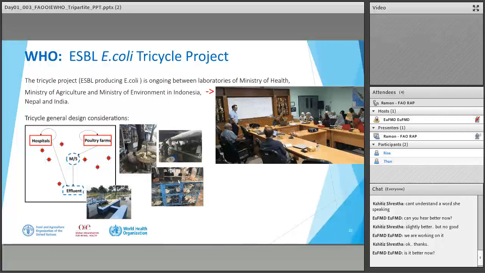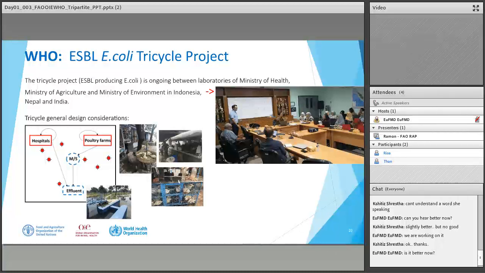So traditionally, Ministry of Health has been extremely well resourced and has been way ahead. Ministry of Agriculture, through Joy and Atlas and lots of other work, is catching up fast. And Ministry of Environment, the laboratories there have traditionally been somewhat underfunded, despite their really important regulatory function in this area. So the idea of this project really is to get the laboratories learning from each other, to develop common approaches, common methods, and to understand the nature of the problem of AMR resistance.